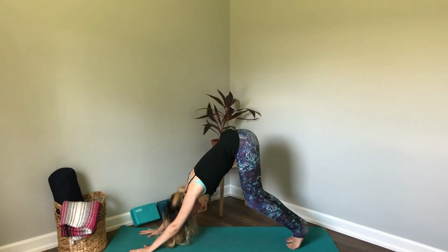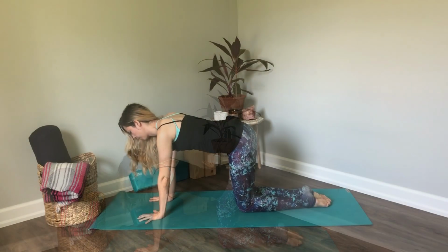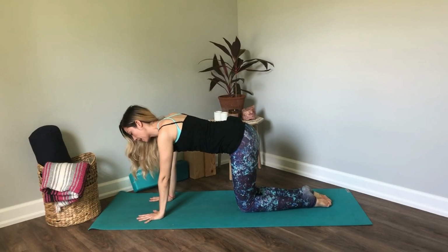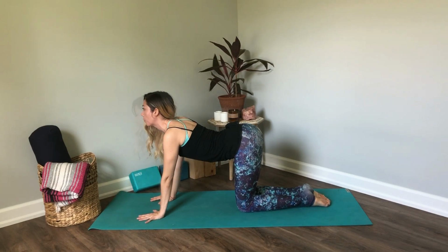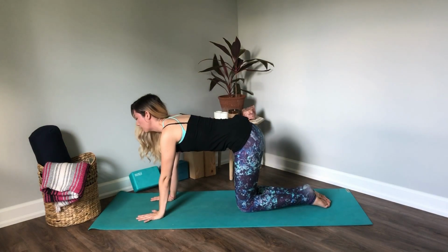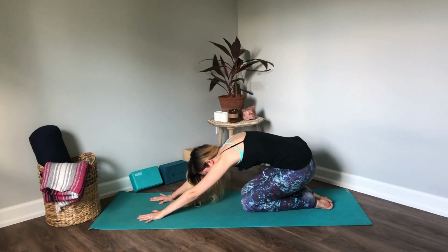And then lower the knees onto the mat, come to hands and knees. All right, so from hands and knees, we'll take a few rounds of cat-cow, press into the hands, tall through the shoulders. Inhale, lift the chest, lift the tailbone, lift the gaze, arch your back. Exhale, round the back, pull the belly button towards the spine, start to shift your hips back towards your heels,